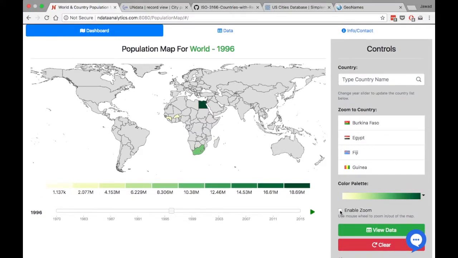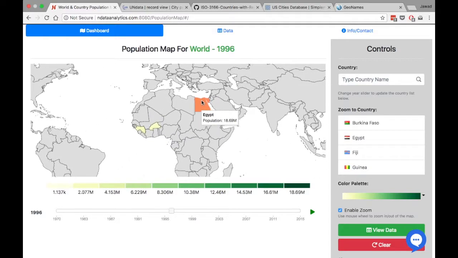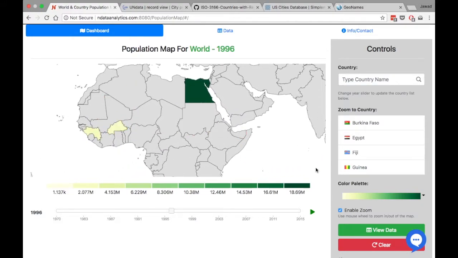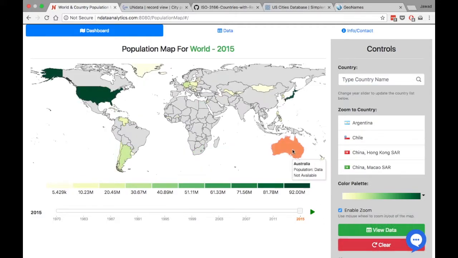I can even zoom in a country by clicking on enable zoom, using mouse wheel to zoom in and see the countries in more detail. I can go back by clearing. At any time, I can view the data for population in a tabular form